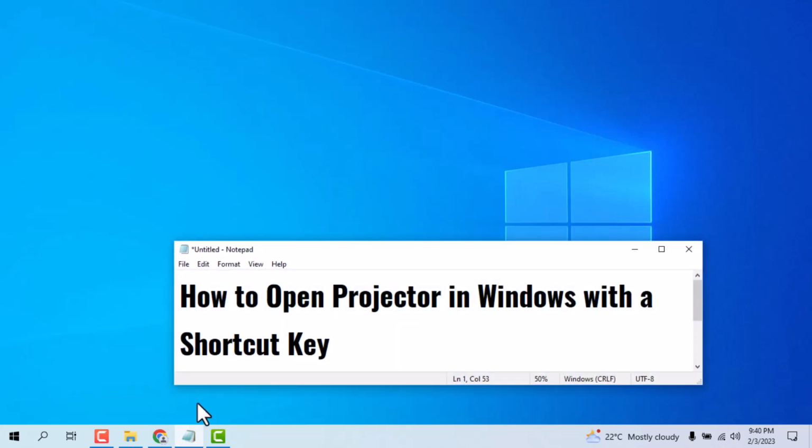So this way you can open Project in Windows